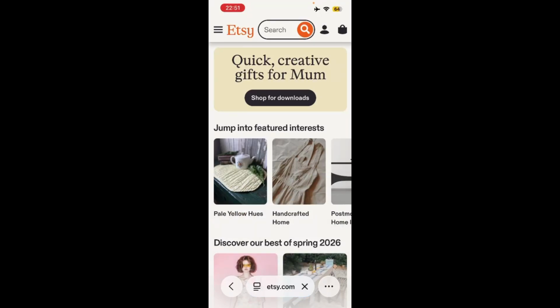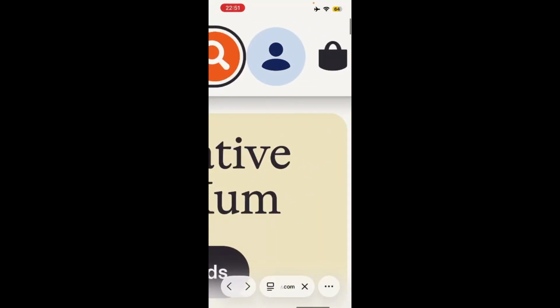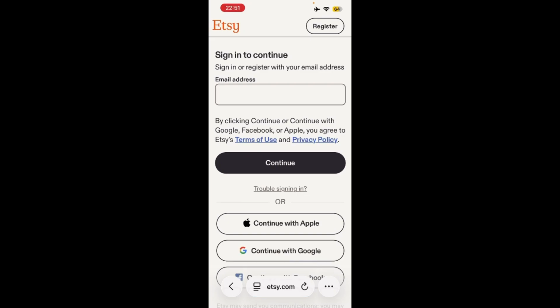So now what you need to do is look at the top right where you could see this profile-like option right here. Just go ahead and tap there. And once you do, you'll see something like this. So this is the option to sign in, but since you're trying to register, you just need to tap here